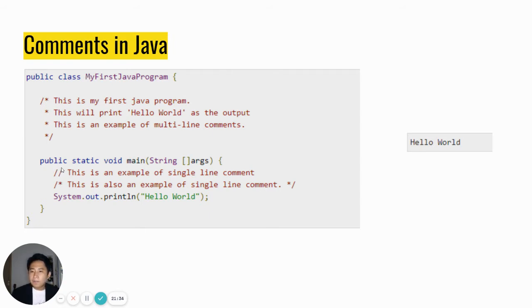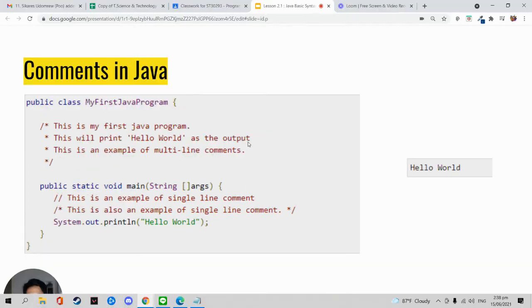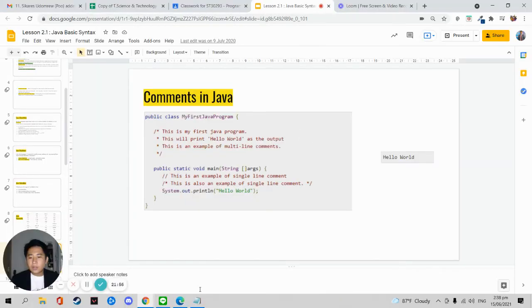Okay, public static void main, and then String args. Okay, and then open braces. Okay, and then here is a comment as well. So there are two ways to create a comment. Okay, and I will show it to you now. All right, so let's go, guys, to our